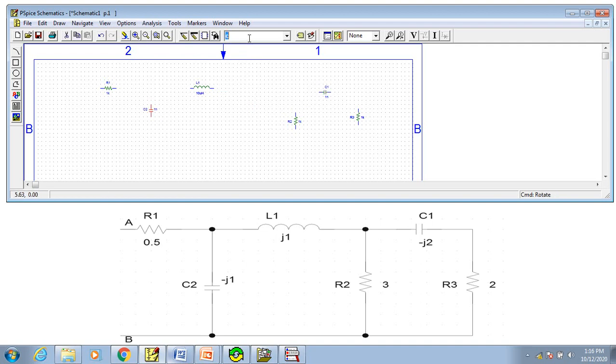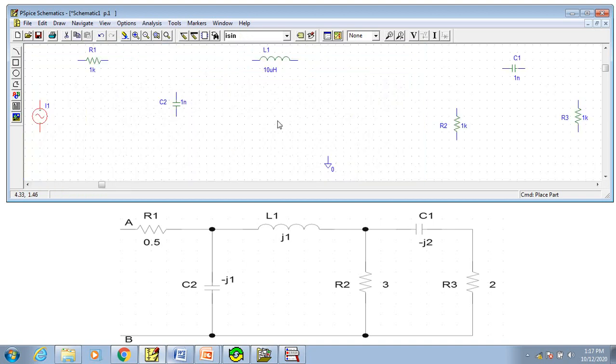And as told, we require common ground. That is the part name is AGND. Enter, and then we need an input of current, so we use I sign. Now we've got all the parts, zoom to fit, and you can use the keyboard shortcut Control W for the wires, or you can click on this icon which says draw wire. Build the circuit, and then we can change the values.